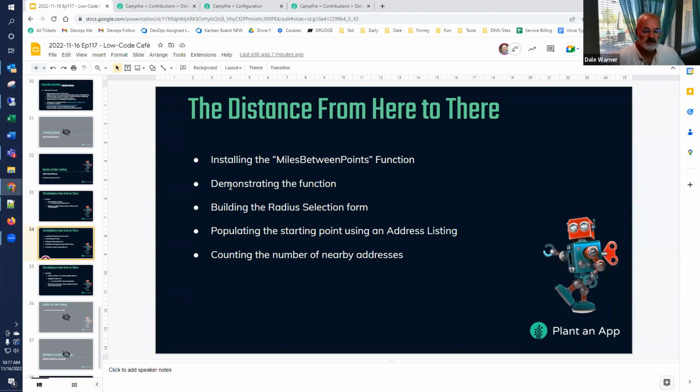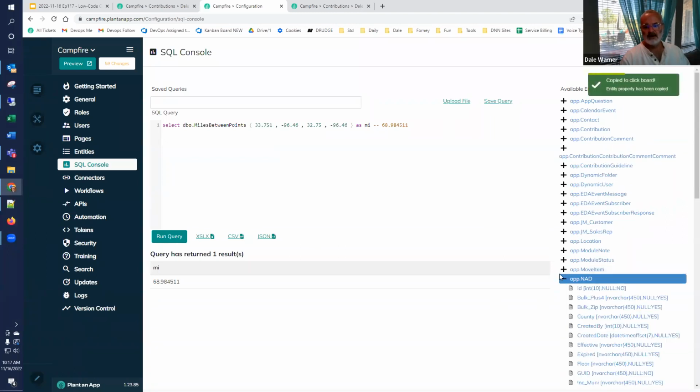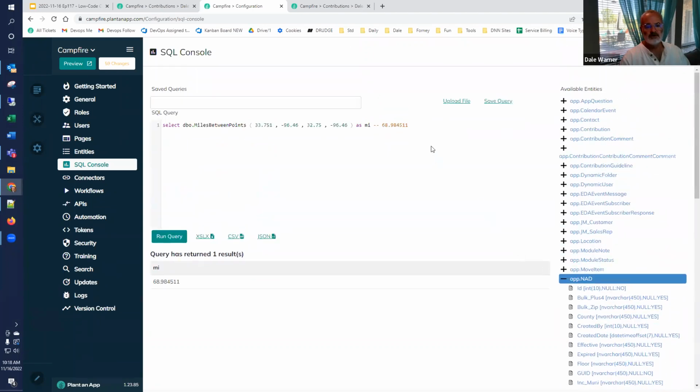We've also demonstrated that it works, but now we're going to have to build up some SQL to take advantage of that, right? Because we have the national address database. It has a lot of fields in here, latitude, longitude, but I am going to comment that out just so I can have it here for when we get into it in a minute. But we're going to select some information